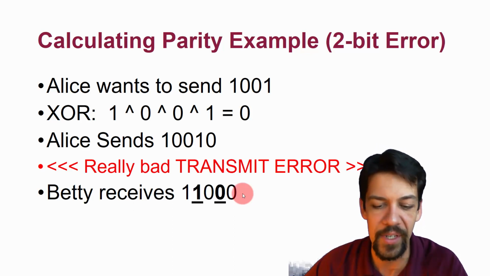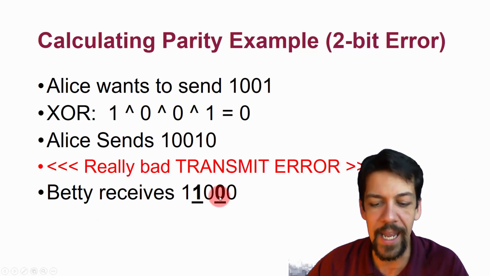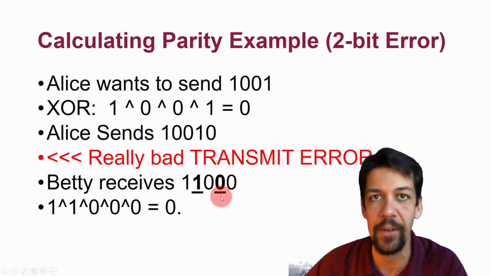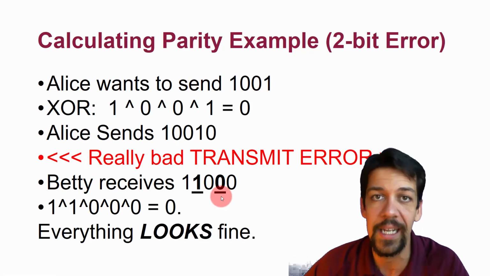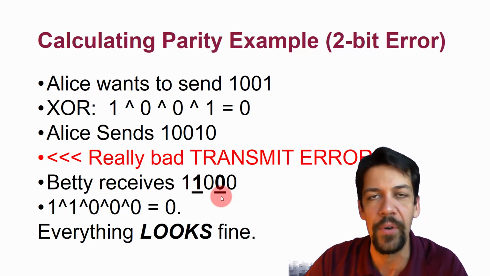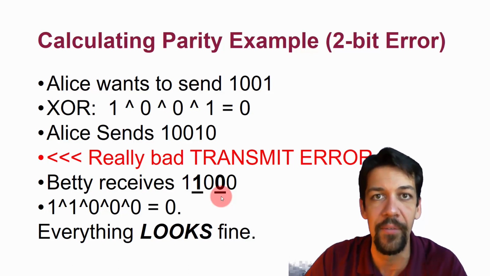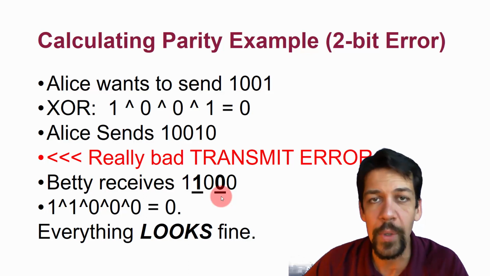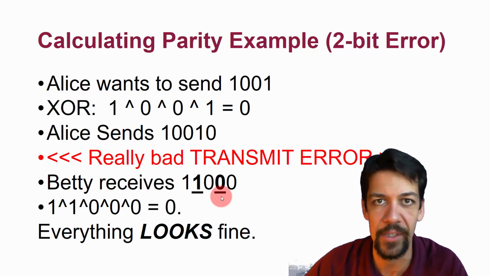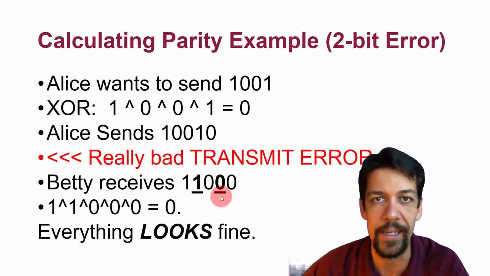In this case, Betty receives 11000. 2 bits have been flipped. So we've got this bit here that has been flipped, and also the bit at the end. If Betty calculates the parity of this, everything looks good even though 2 bits have been flipped. So this particular form of error checking is only for very simple errors like single bit flips in an entire message. So we need something a little more sophisticated to handle more complex error correcting or error